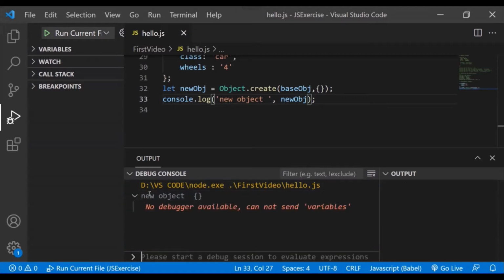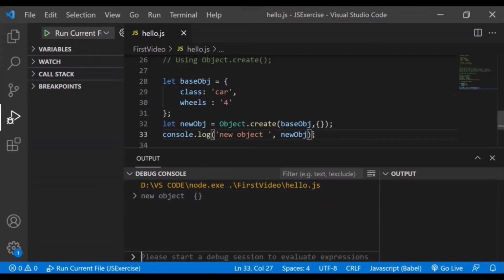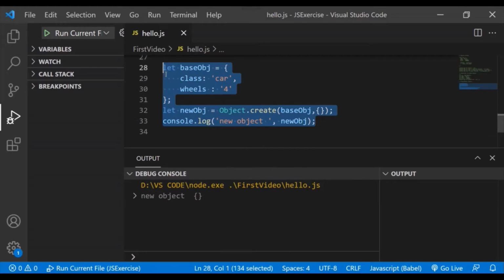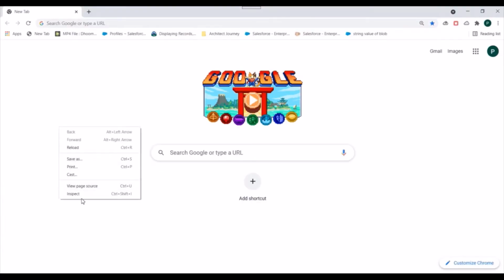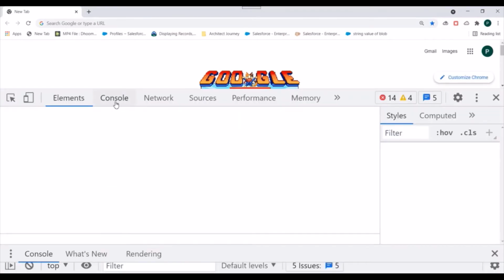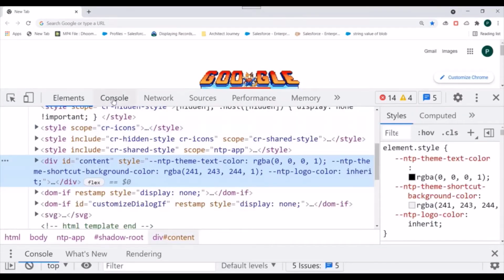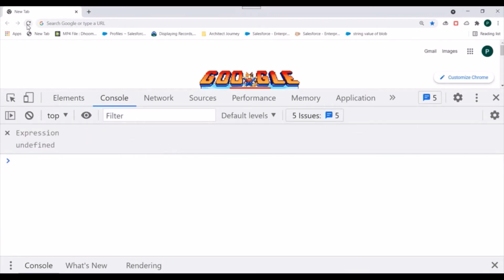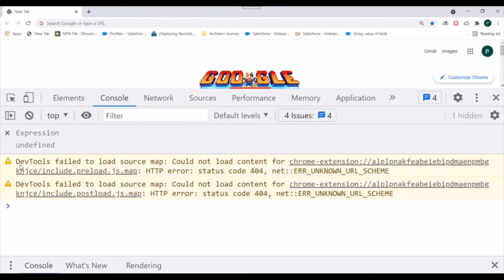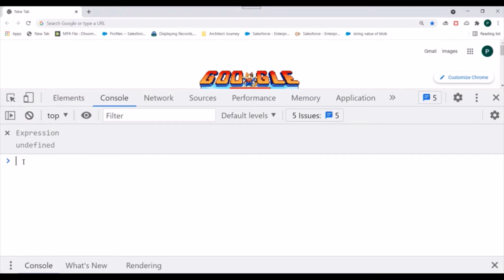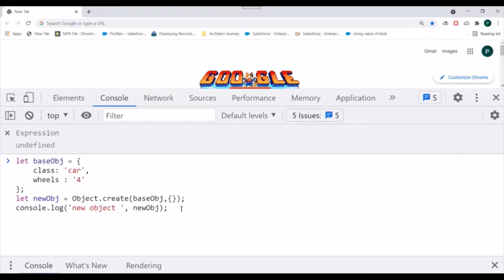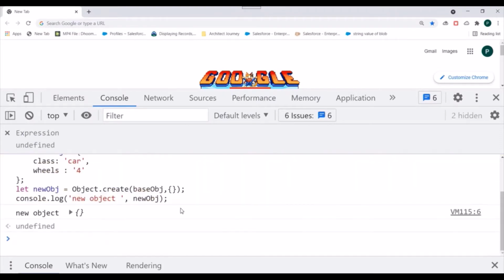If I want to show you, let's move this entire code to the browser, so there you will be able to understand better. We'll just paste our code over here and press enter.